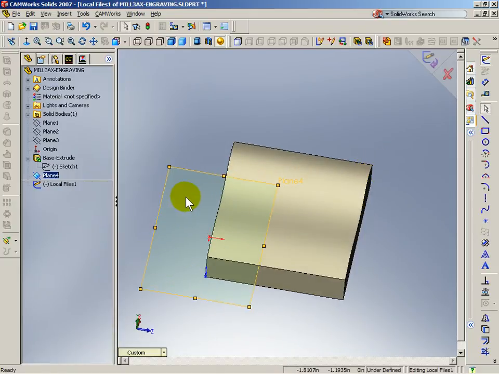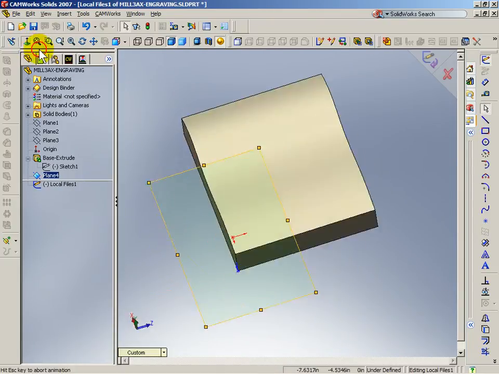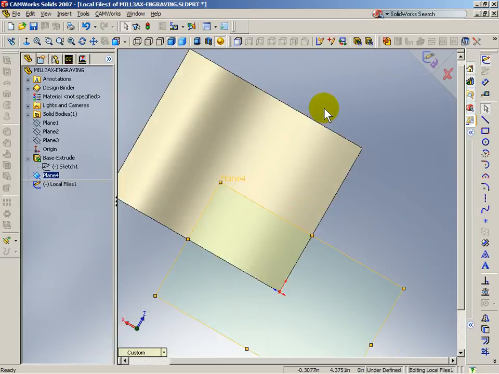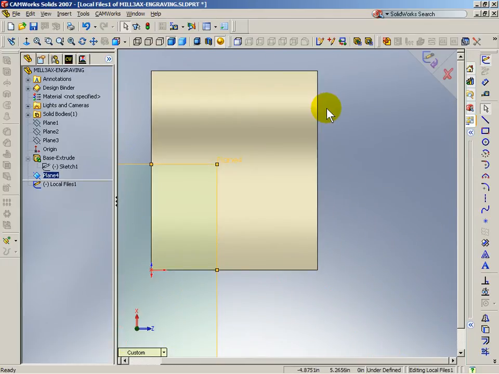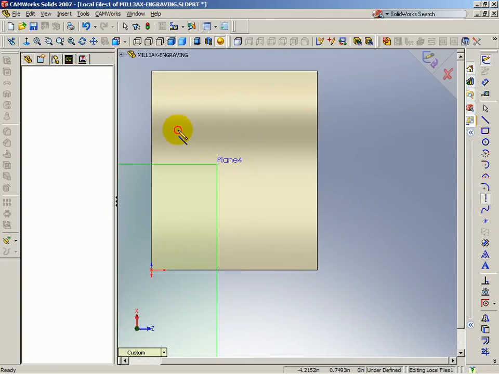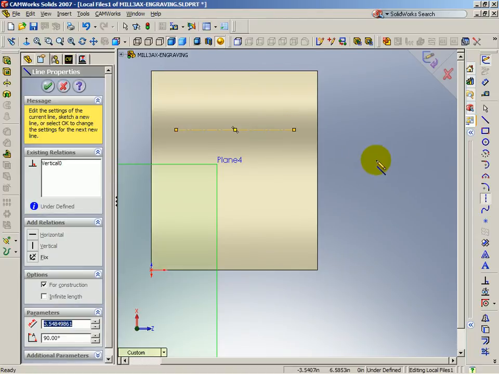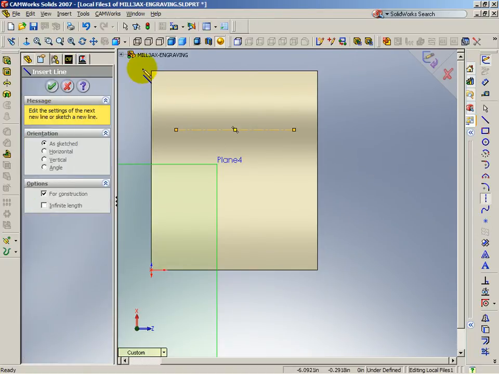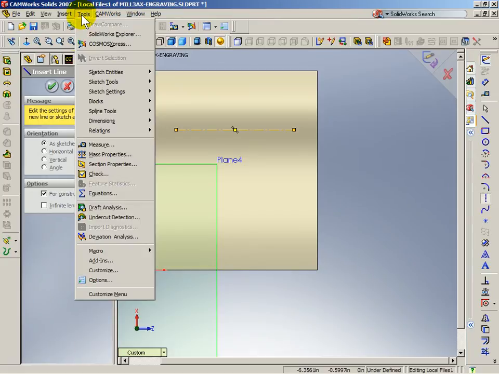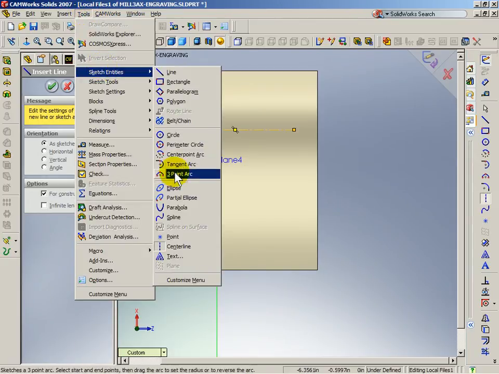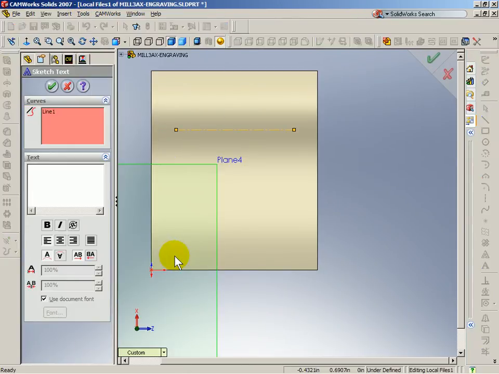Clicking on the sketch of this plane, come up to the normal view, and what I basically want to do is draw a guideline for some text. I'll click on the guideline, and I'll come up to the tools, sketch entities, and we want to insert some text. Now what I want to do is take the cutter down the center line of the text. So if we were to type in CAMWorks